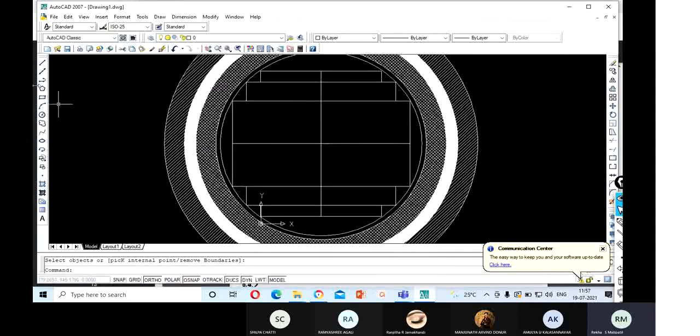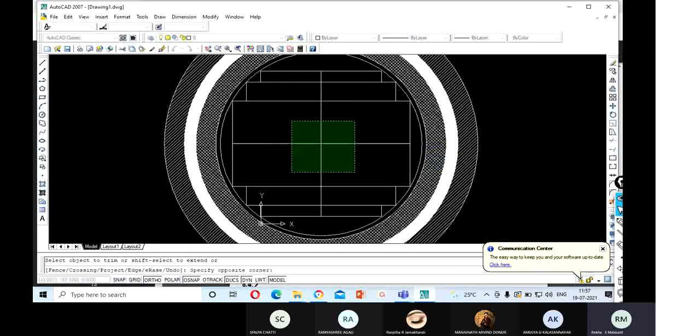Now we can trim all the internal lines also, because we don't have to select the center. We've already drawn the circles. So now you can just trim the extra lines which are inside. Initially if you trim, we will not be getting the center, so that's the problem.